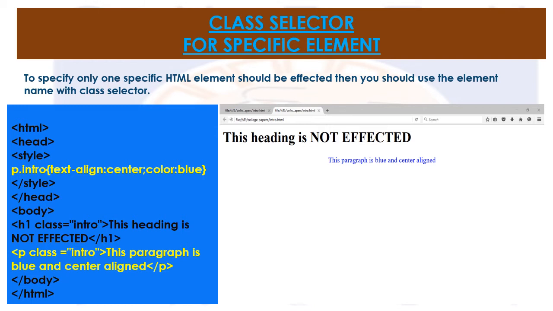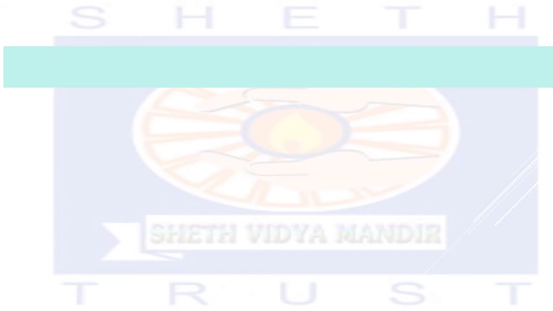Whatever you have written in the H1 tag is shown as it is, but the CSS is applied to this blue line. This paragraph is blue and center aligned. The CSS has been applied to this paragraph tag only, because in the internal CSS I have applied only the paragraph tag.